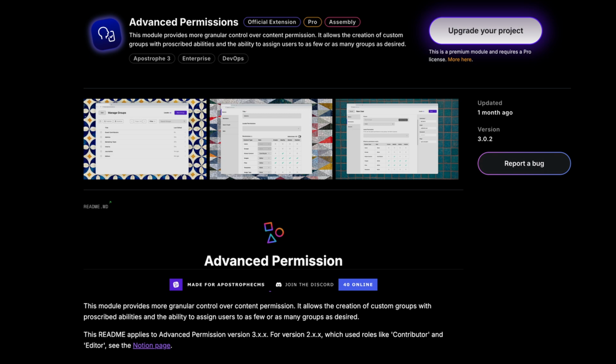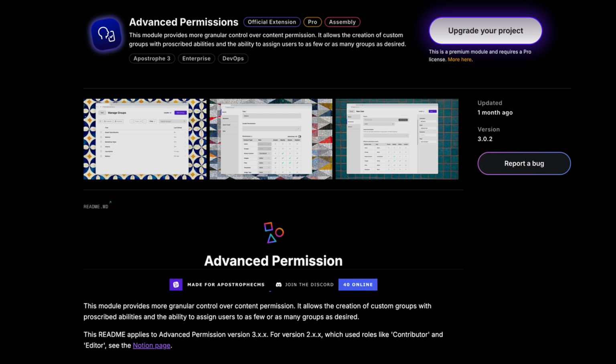With advanced permissions, you can let the photographers upload and edit images, but not publish articles. Allow journalists to write or edit their own articles, but not modify others' work. Give editors the power to review and publish all content, and restrict the ad team's access to just the advertising